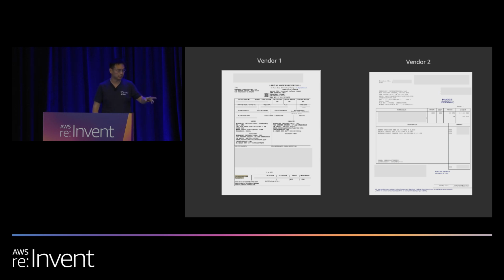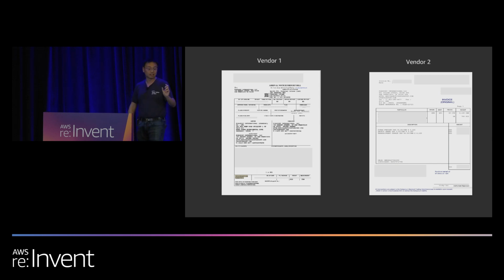These are two different kinds of bills. But if you really compare these two, it's actually very difficult, because a human can read them. The worst part is actually in the line items. It's not very structured. It's unstructured data. They just put a certain kind of description, and a human can easily understand that, but it's very hard to extract meaningful information.